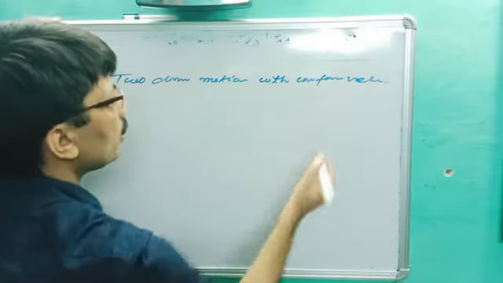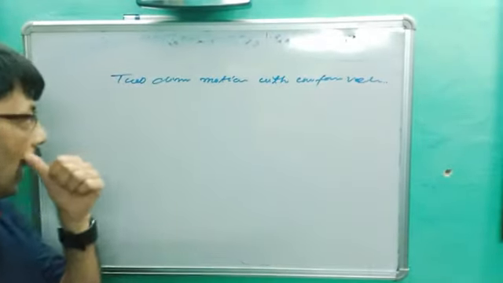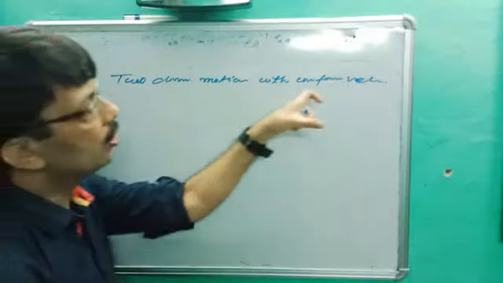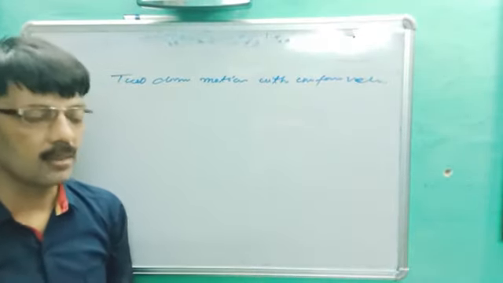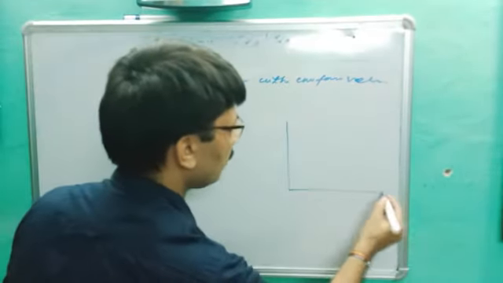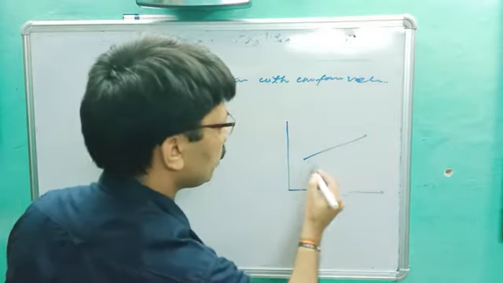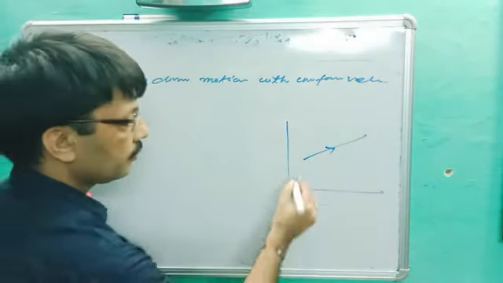You better know that the shape of uniform velocity motion is a straight line. So we will try to prove how two-dimension motion with uniform velocity will be in a straight line. You better know the formula of a straight line from class 10th: y is equal to mx plus c. So let's suppose the graph is here. The body is moving in a straight line.